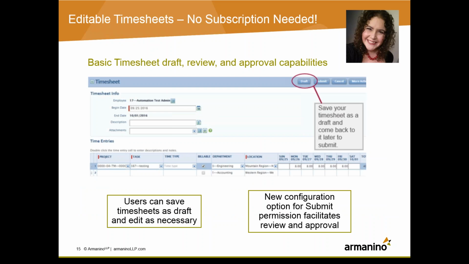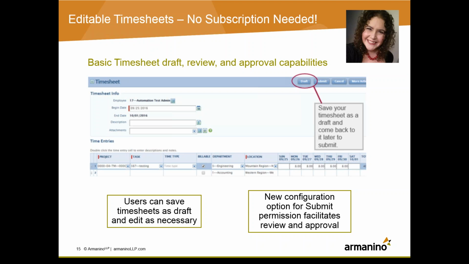Awesome. So there are 2 more updates for this, but we now have editable timesheets. Previously, for users without the projects module, timesheets had to be completed and submitted in one session. That was unreasonable and a little bit difficult for people to keep their time on a daily basis. They had to keep it offline in some other tool or spreadsheet and then translate it into Intacct once the period was closed, which creates a little bit of double work for your teams.